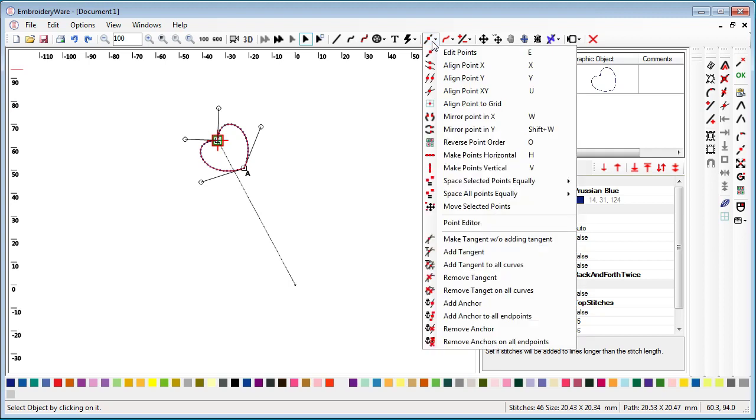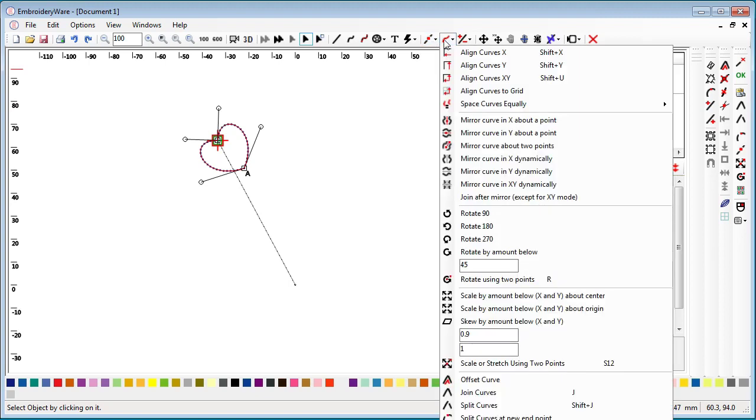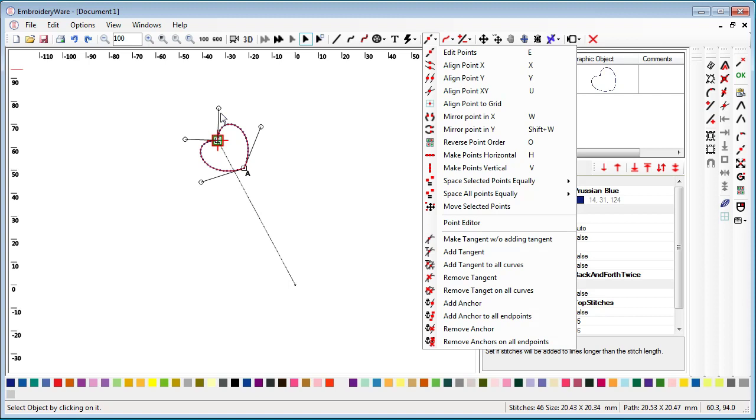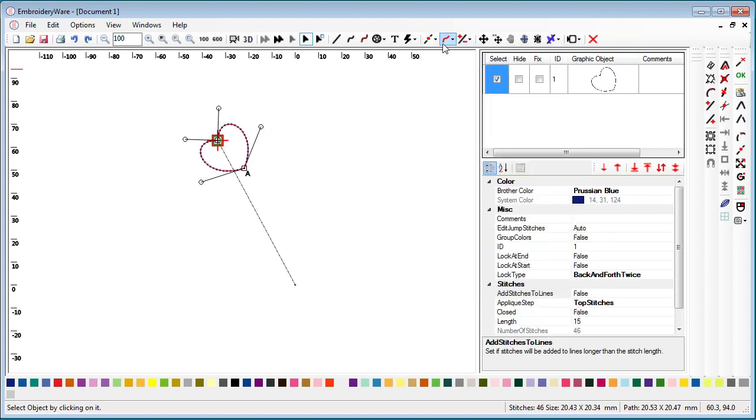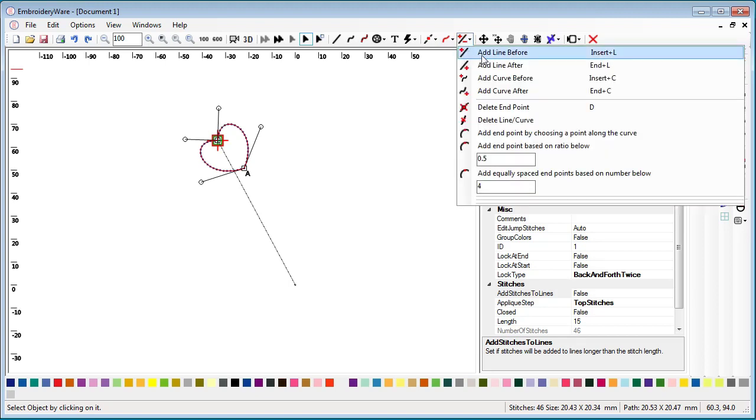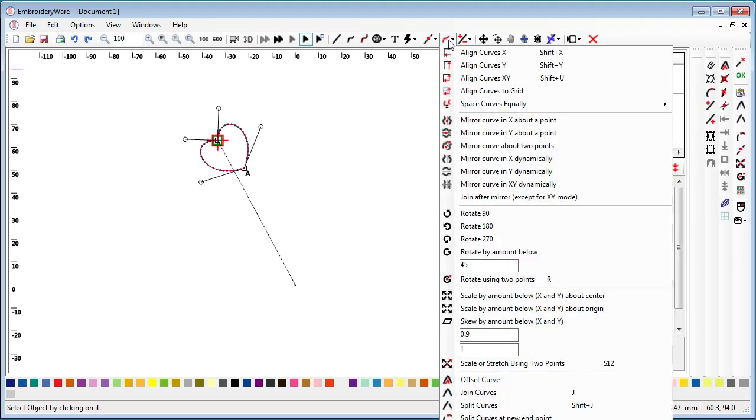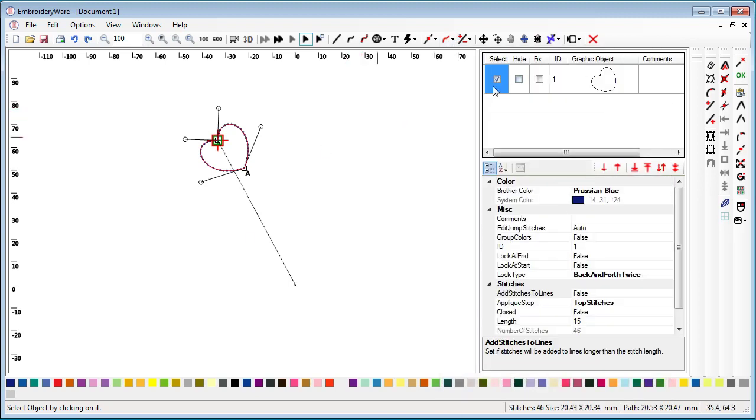So the distinction between this menu and this menu is that in this menu you're primarily doing things with the endpoints. You're either adding more endpoints in, which essentially define lines within the graphic. In this menu you're actually working with the graphics themselves, the curves they're called here, and you can do things with them. So for example, let's say we wanted to mirror this heart